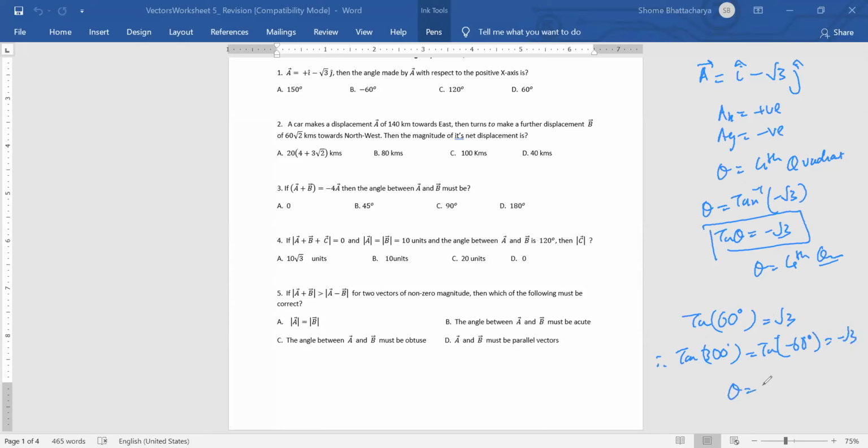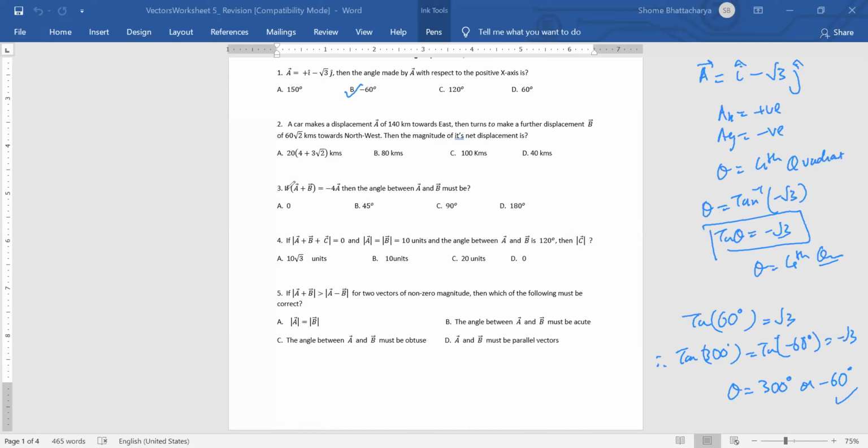So your theta is becoming minus 60, or the same thing as 300. There are two ways we can express this angle in the fourth quadrant: as 300 degrees or minus 60 degrees. Now out of this, only this is given in the answer, so this becomes the correct answer. Okay, Yuvraj, I'll verify the answer, thanks. Yes, obviously that's a special case. Okay, so the first question is understood. It will be option B, sorry, not option A. So this will be option B.